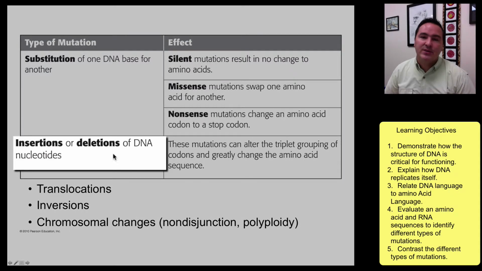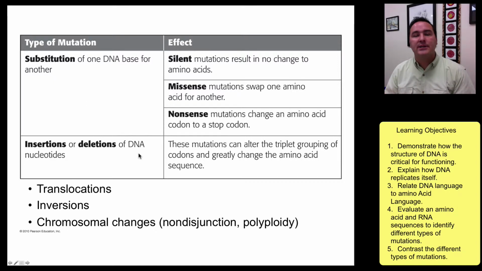You can also have mutations of types that are called insertions or deletions, and this is where extra nucleotides get inserted into the message, or nucleotides can be deleted out of the message. And this can be a big problem in coding DNA, because if you just insert one, that means you push everything down and you do a frame shift, and so you completely screw up the message downstream of where that